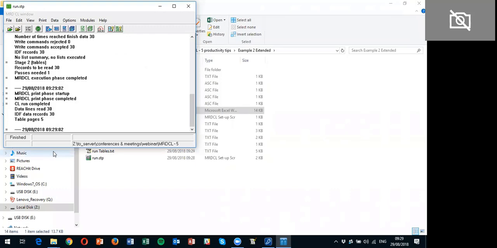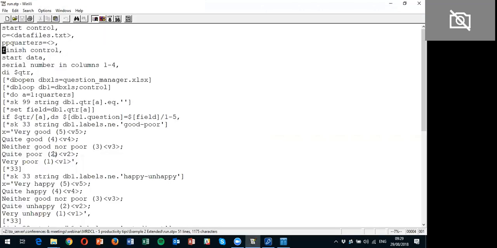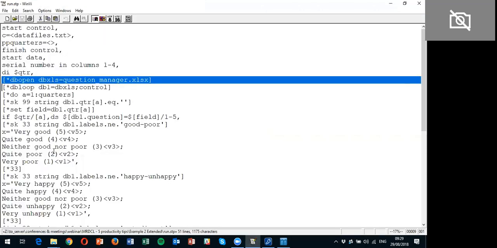Okay, I've got one more thing just to show again here. They said, sorry if I've missed it, how can we make the STP file read that question manager Excel file? Okay, very good question. Fairly easily, you use a call to